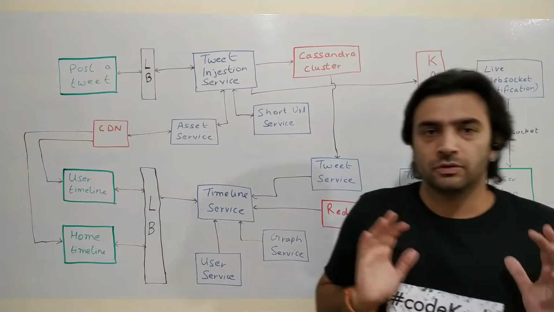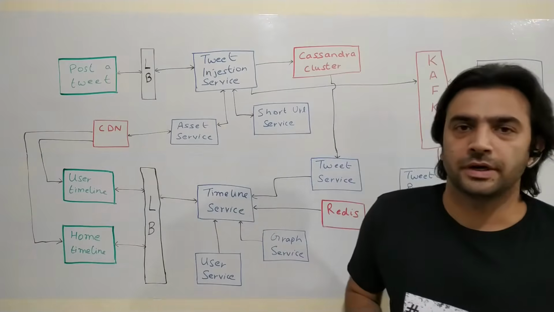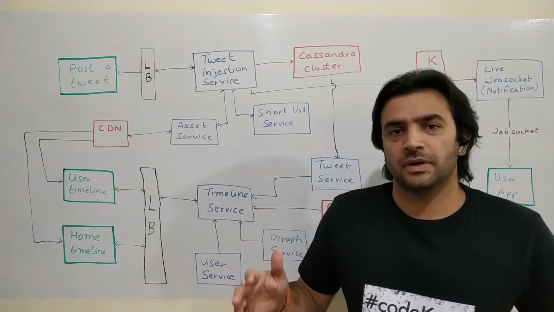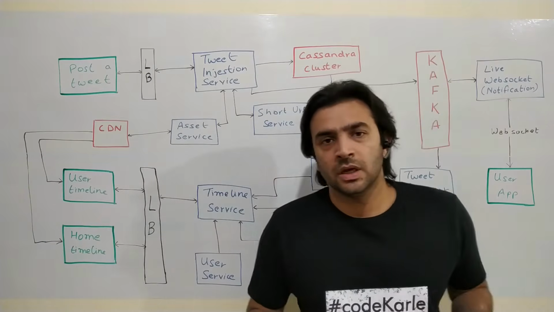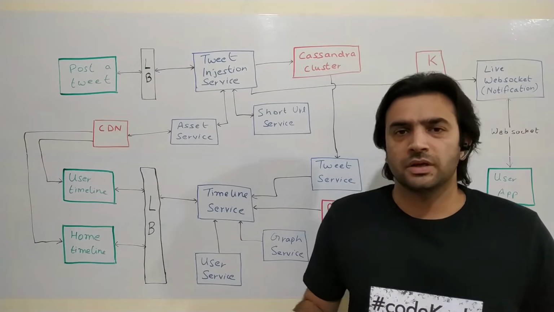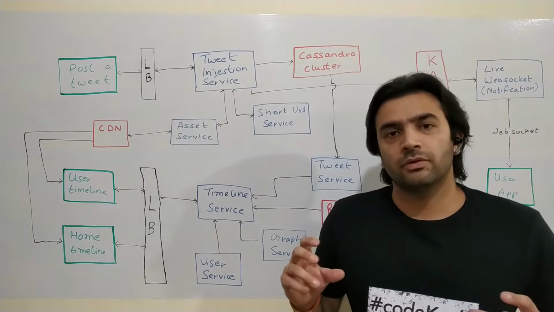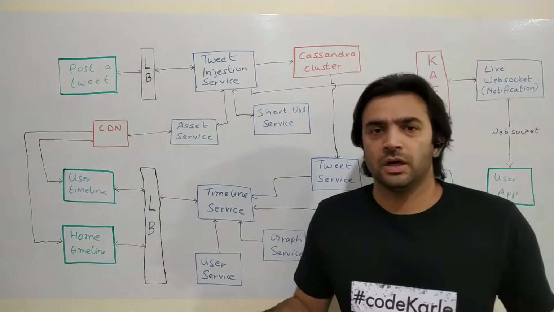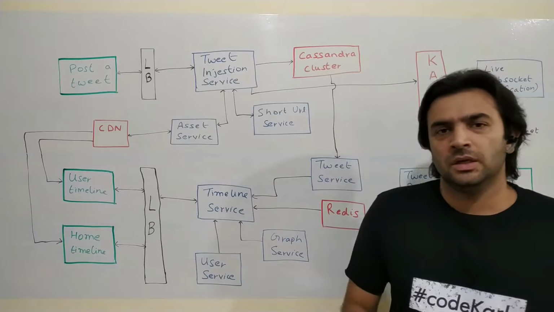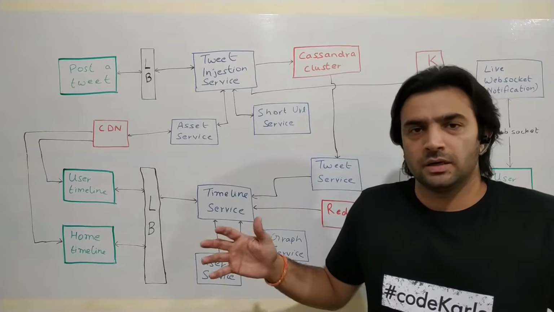We are using Cassandra for storing the tweets. Now, why Cassandra? Because we have a massive amount of data. We have millions of tweets per day, and Cassandra can easily handle that scale. Other than Cassandra, we could possibly have used HBase also here. Both Cassandra and HBase are equally competent to handle data of this scale and for the use case and the kind of queries we have. Both have a bit of pros and cons. I chose Cassandra because the setup of Cassandra is fairly easy. If you want to set up HBase, we'll require a Zookeeper or a Hadoop cluster, and that adds a lot of maintenance.